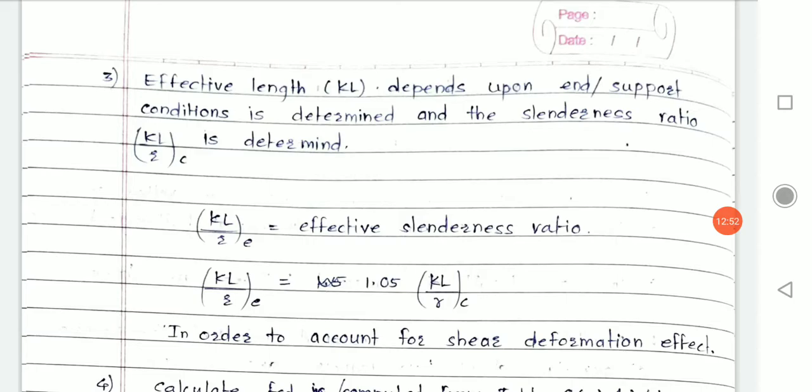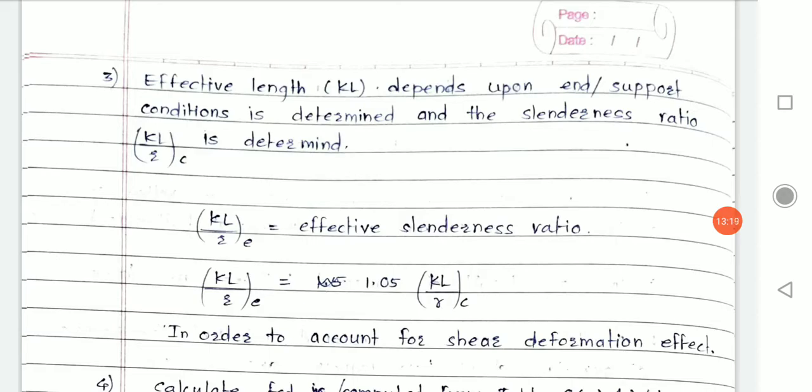You can go with clause number 7.1 mentioned in your IS code. Otherwise, you can choose the tables, which are again mentioned in your IS code: Table number 9, A, B, C and D. In this question I am using the table, and on what basis will I select it?